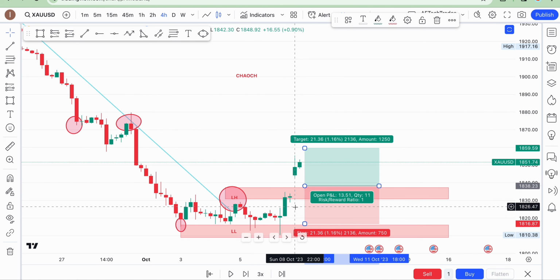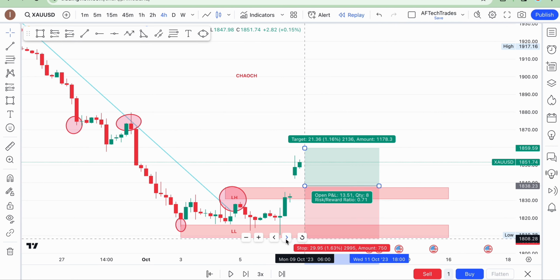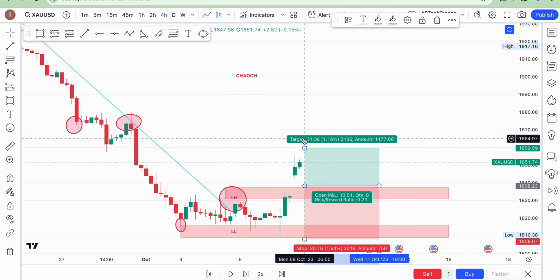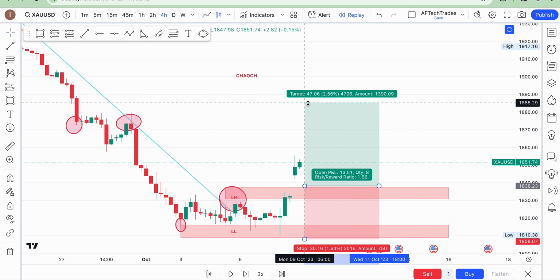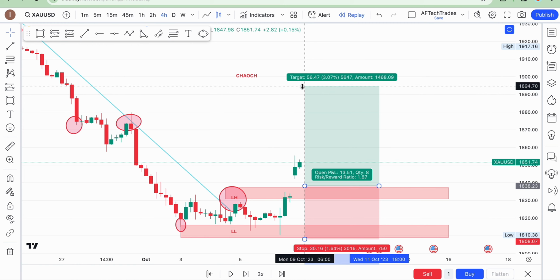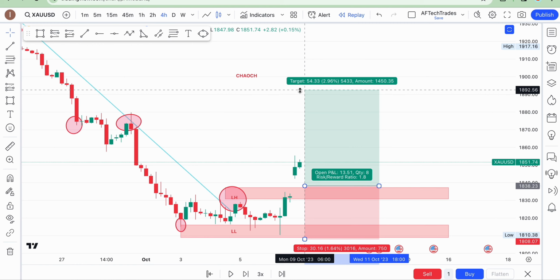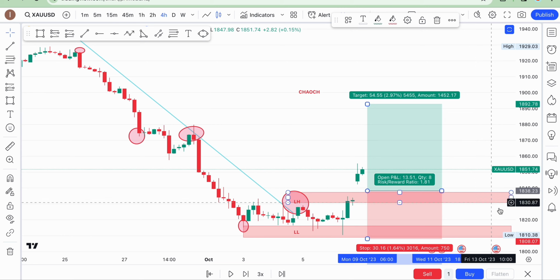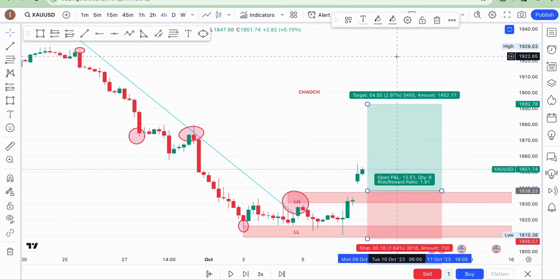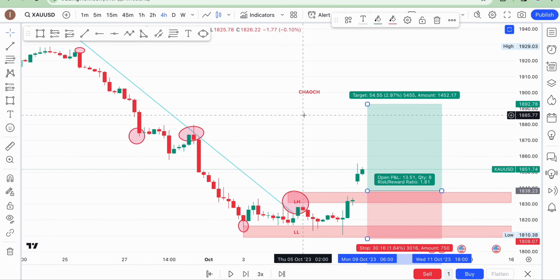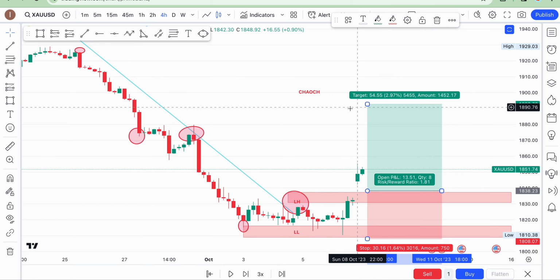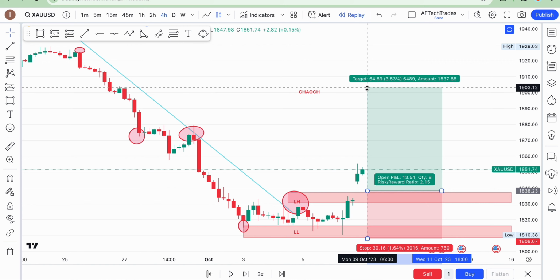As soon as you notice this, then you put your stop loss around this side, just beneath the lower low. Then your take profit should be 2 times your stop loss, right? Or even 2.5 times your stop loss. So let's say your stop loss is like 30 pips, right? So your take profit should be 2 times your stop loss. That means your take profit will be around 60 pips, or 2.5 times.